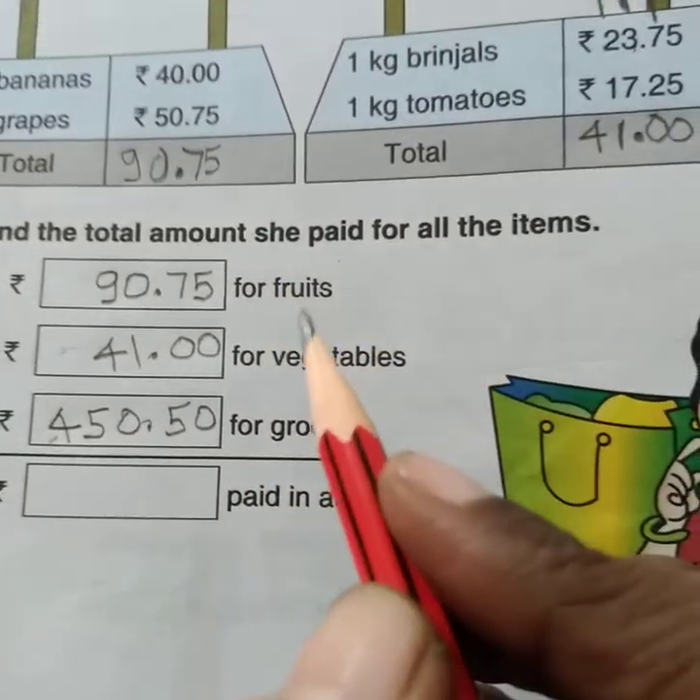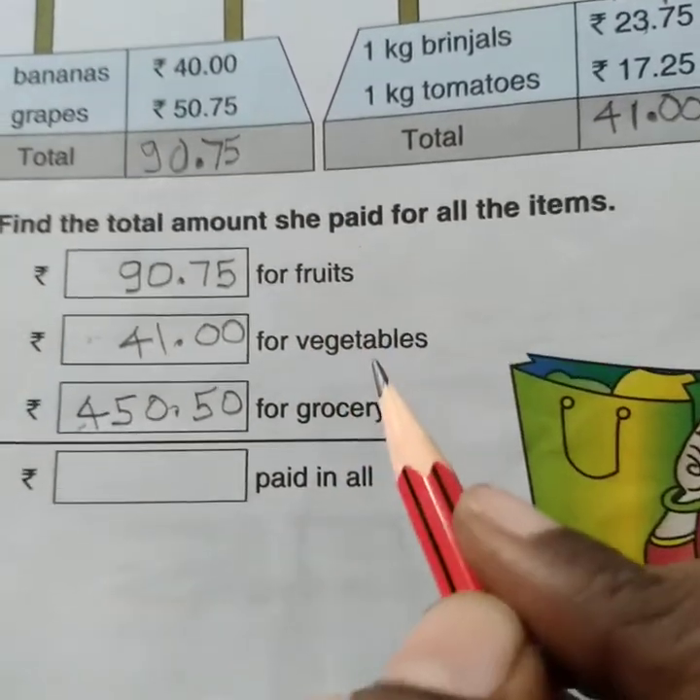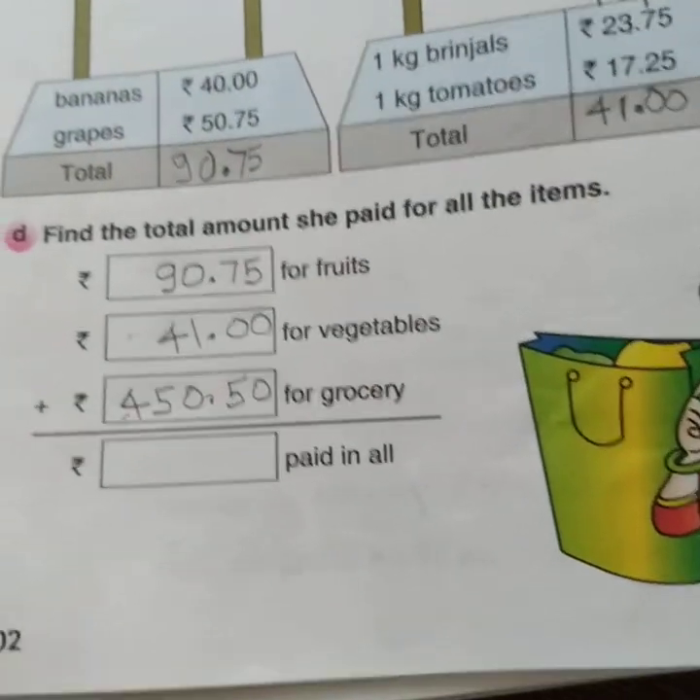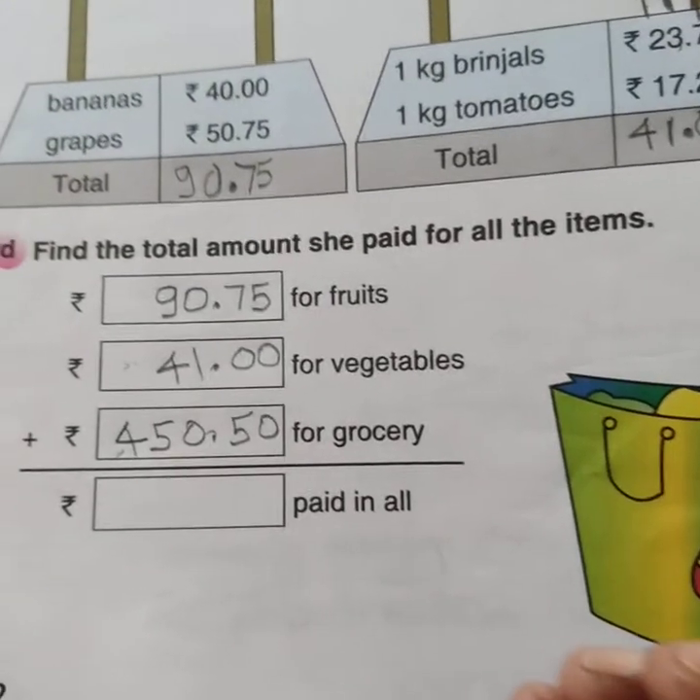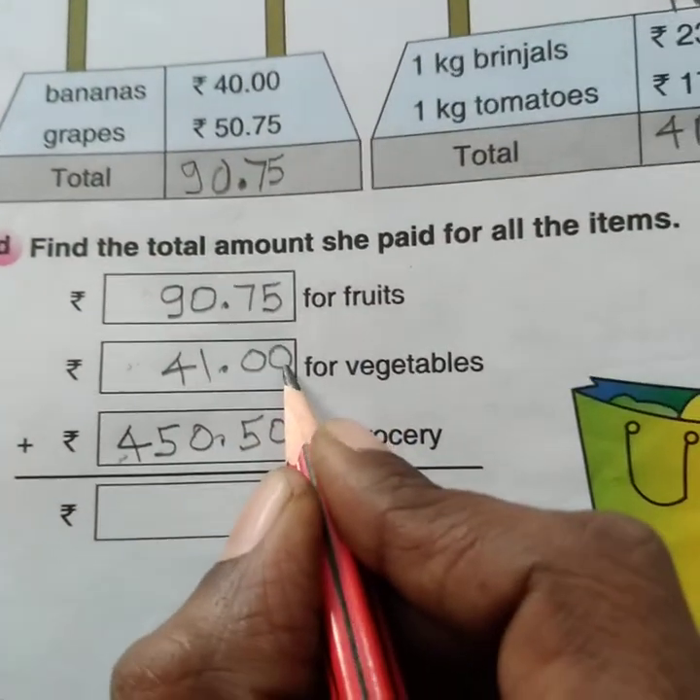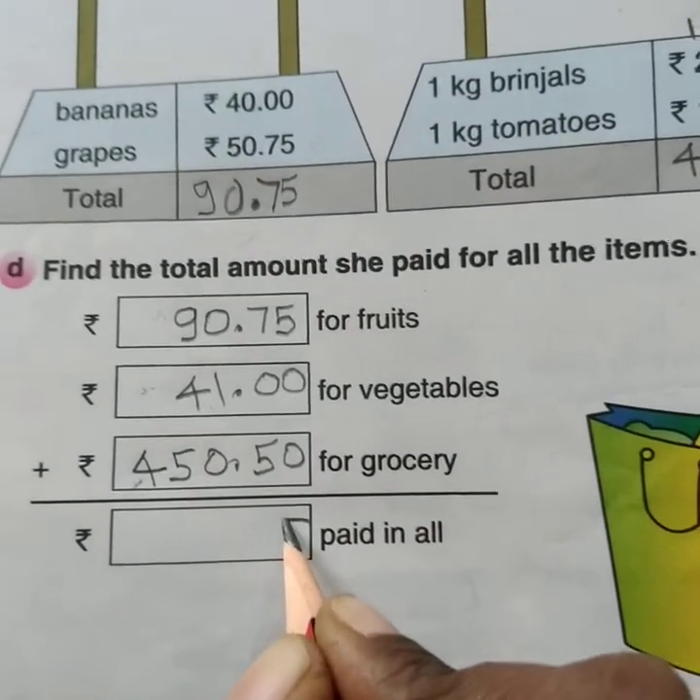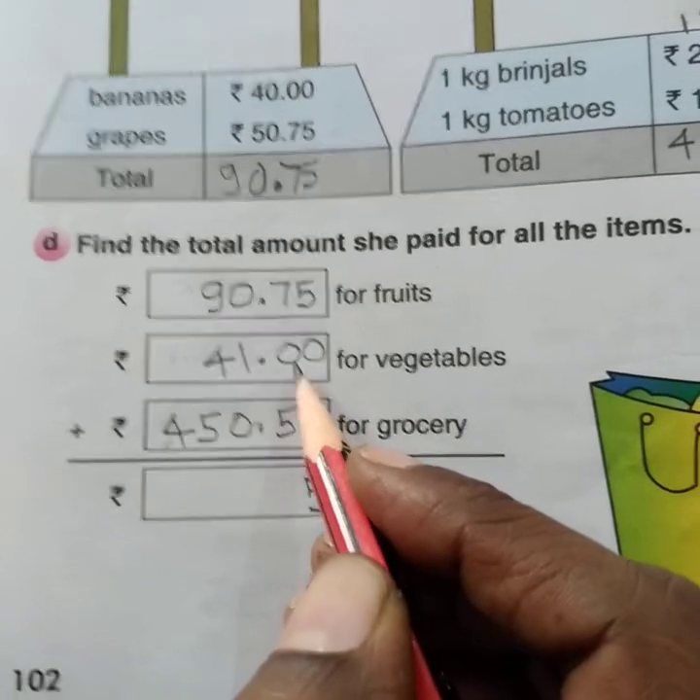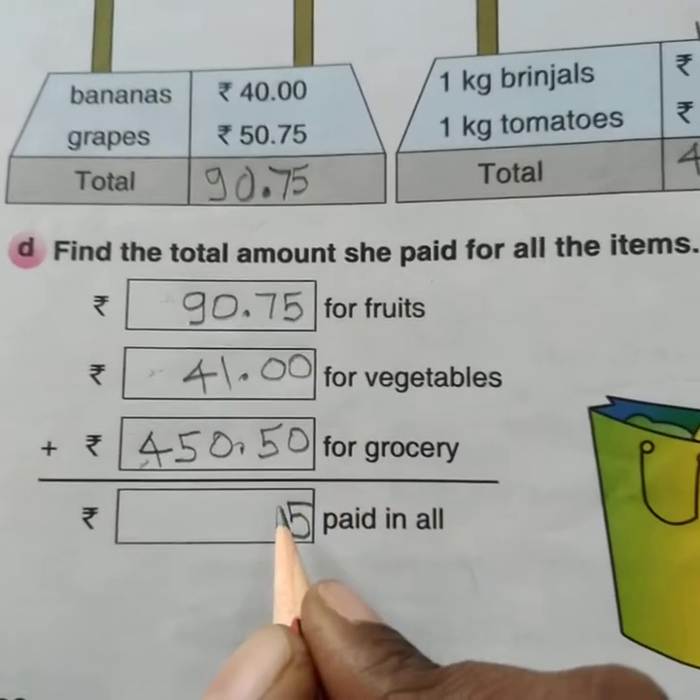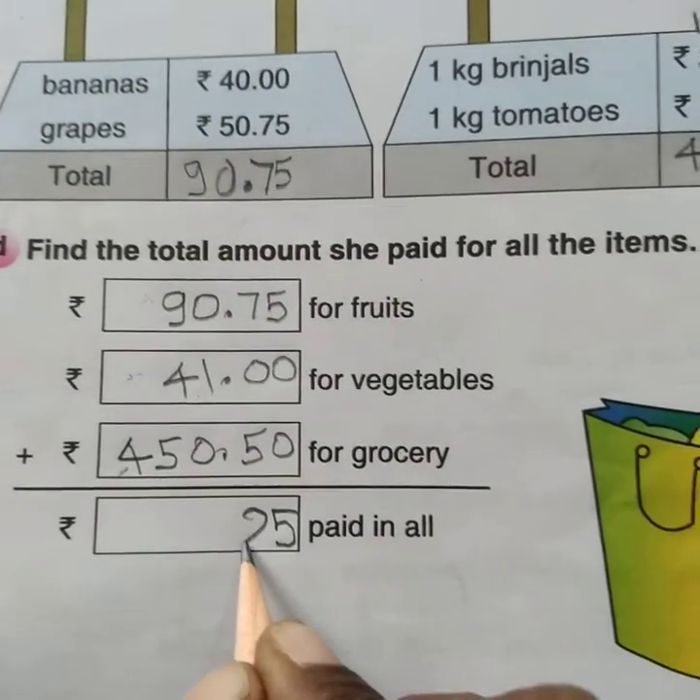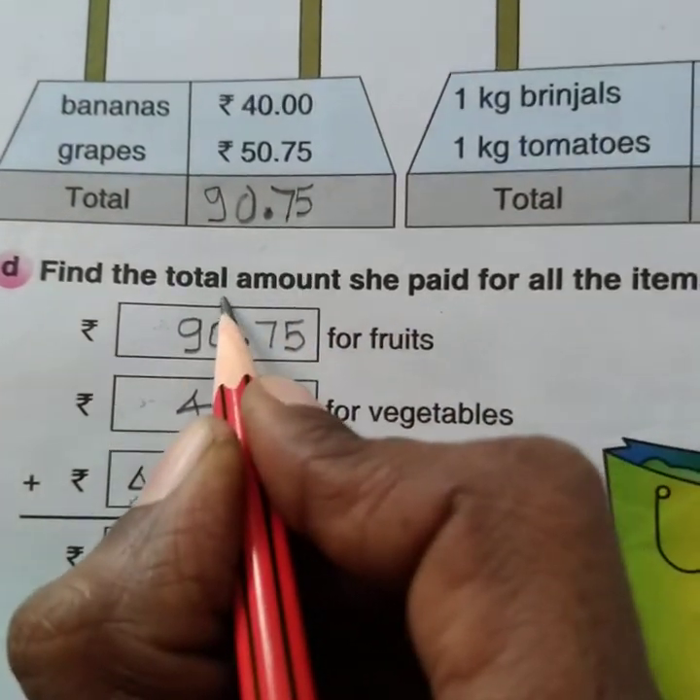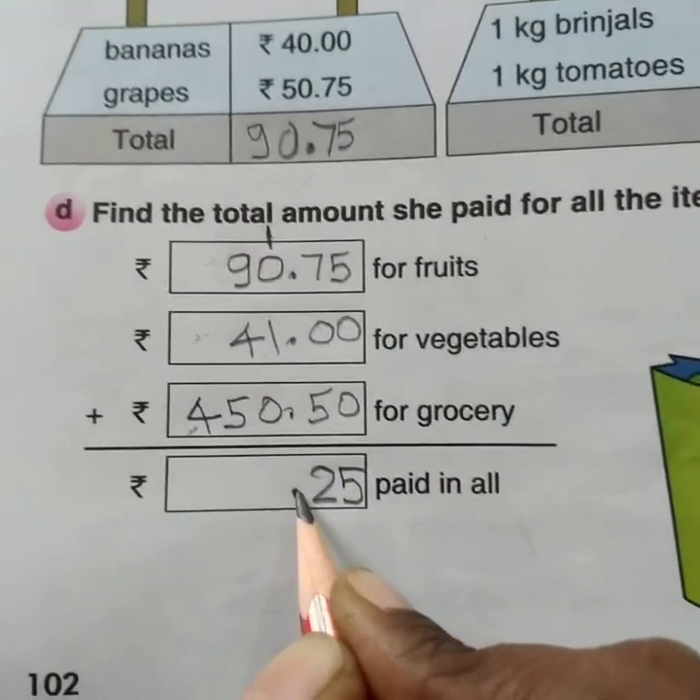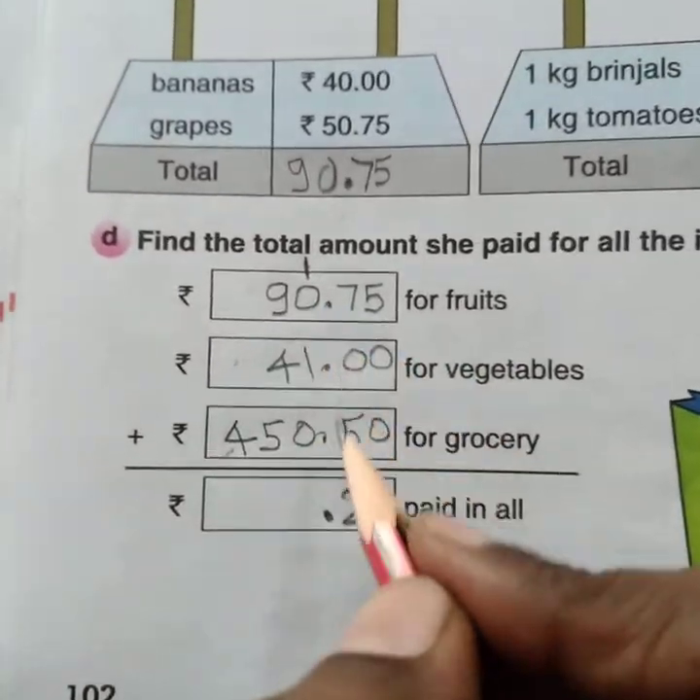So add the total amount of fruits, vegetable, grocery, and you will get the grand total. So you will come to know how much she has paid for all. Here 5 plus 0, 5; 5 plus 0, 5. So write in the ones column. 7 plus 0, 7; 7 plus 5, 12. Write 2 in the tens column, carry 1 on the hundreds column. Insert a point to separate the paise and rupees. Now you can add the digits in the